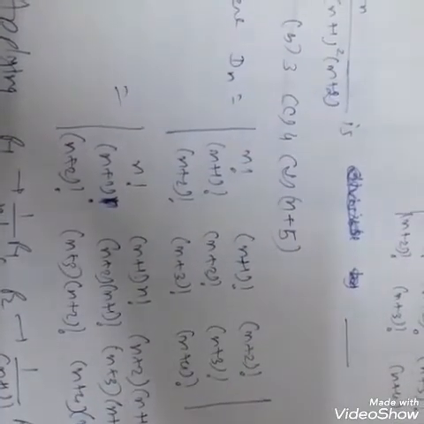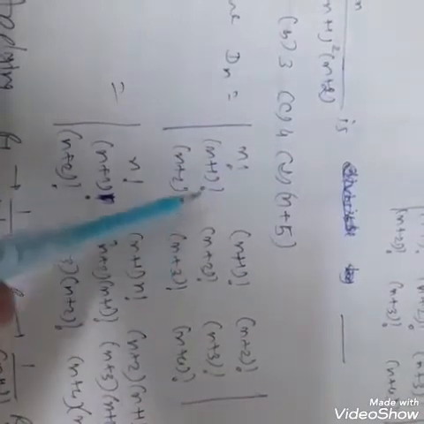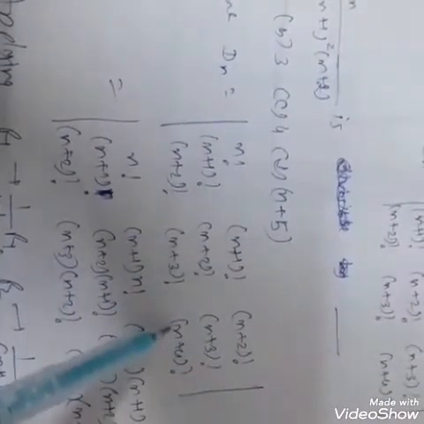Then all these terms are converted. (n plus 1) factorial can be written as (n plus 1) into n factorial. It is (n plus 2) into (n plus 1) into n factorial. Again here (n plus 1) factorial, so (n plus 2) into (n plus 1) factorial. It is (n plus 3), (n plus 2), (n plus 1) factorial. It is (n plus 3) into (n plus 2) factorial. And here (n plus 4), (n plus 3), (n plus 2) factorial. Means from each row we can take a common element.